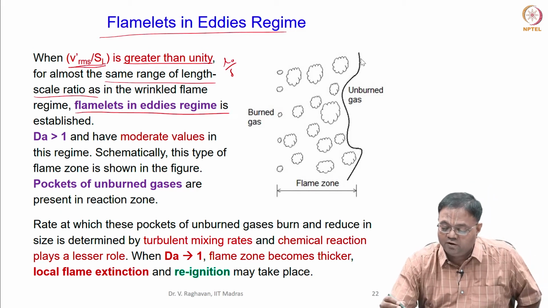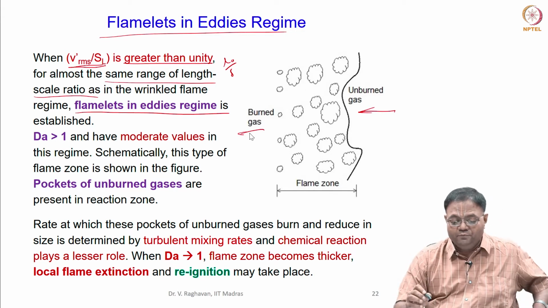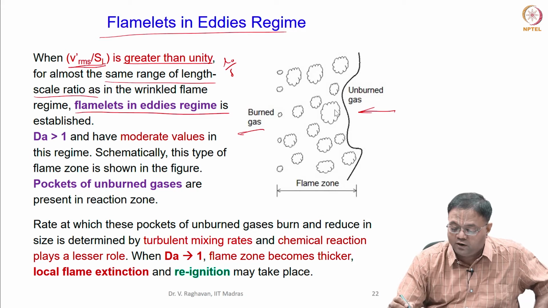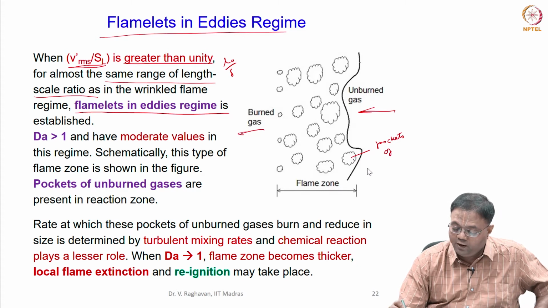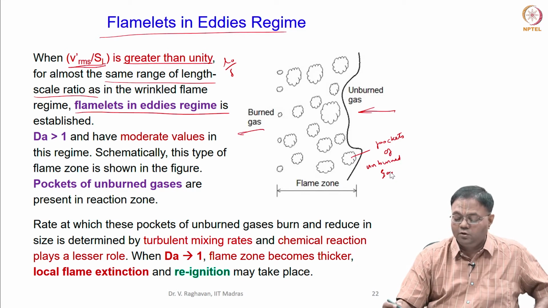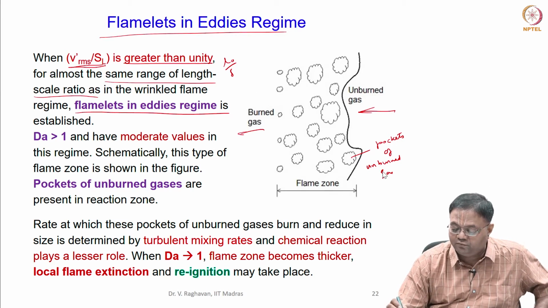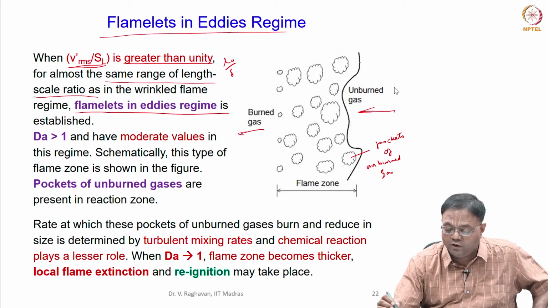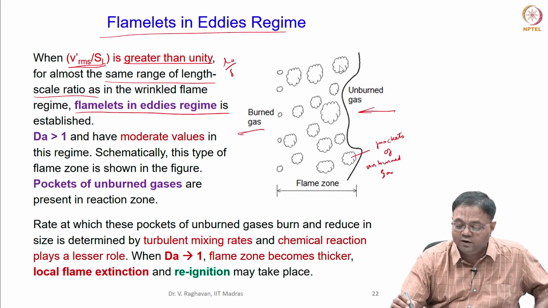So, this is the schematic of this. You can see the unburned gas comes from this side and burned gas leaves here, and you have some pockets. These are the pockets of unburned gas. Here entirely is burned gas basically, but there are some pockets of unburned gas. Here it is totally unburned, and everywhere else is unburned, but you can see there are some packets